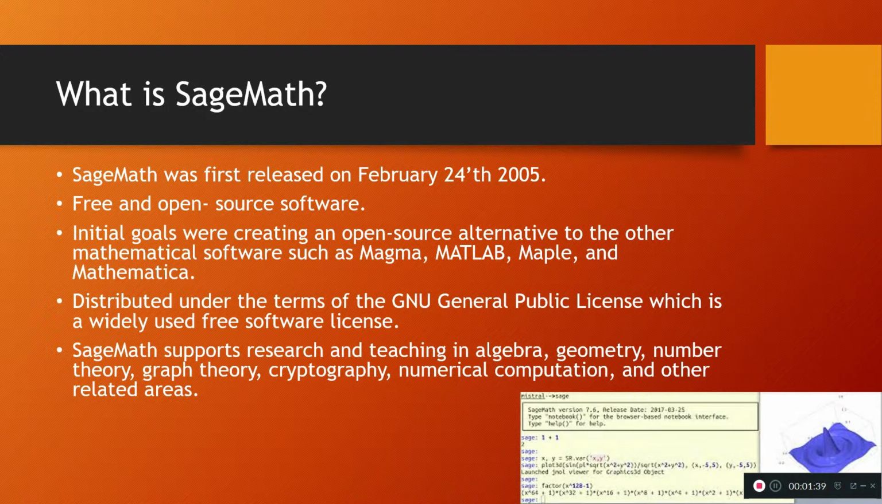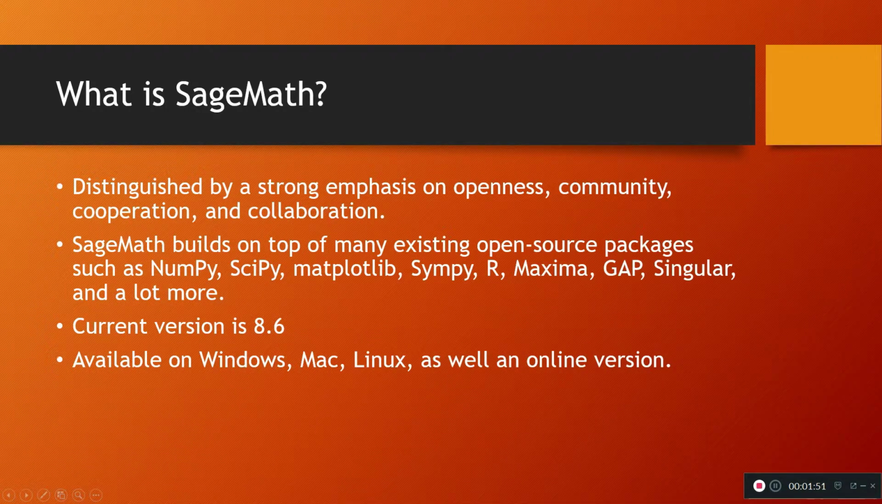SageMath supports research and teaching in algebra, geometry, number theory, graph theory, cryptography, numerical computation, and other related areas. It's distinguished by its strong emphasis on openness, and it's got a strong emphasis on community cooperation and collaboration. And it's built on many existing open source packages that are already available, such as NumPy, SciPy, Matplotlib, SymPy, R, Maxima, GAP, Singular, and